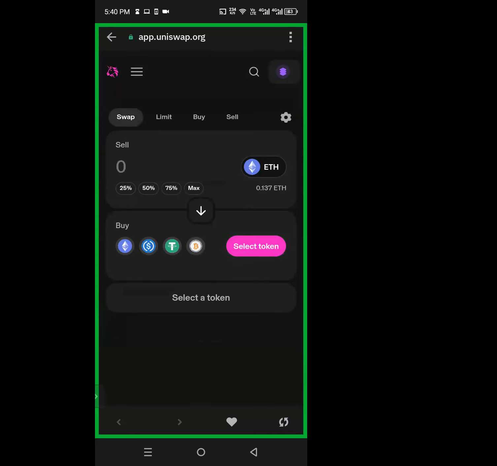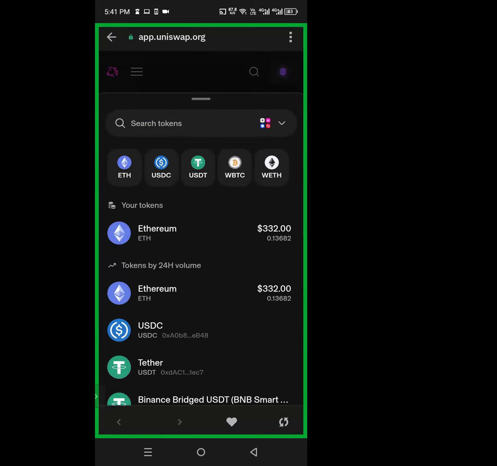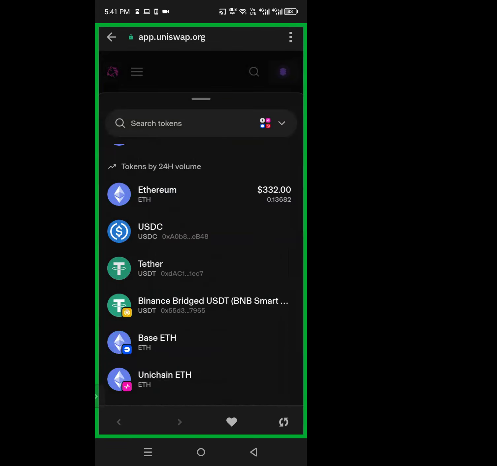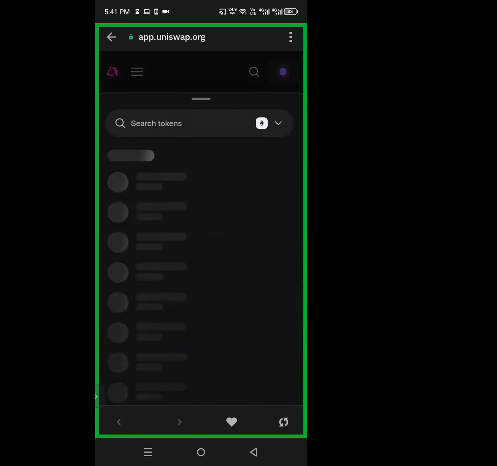And then from here, you can swap, maybe you want to swap Actuate to ETH, a token to another token. Here you can see it has already selected ETH, but you can always change this by clicking on that token and selecting the token that you want to swap from. At the bottom you can see select token. So at the top is the token you are swapping from, and select token is the token that you're swapping to.